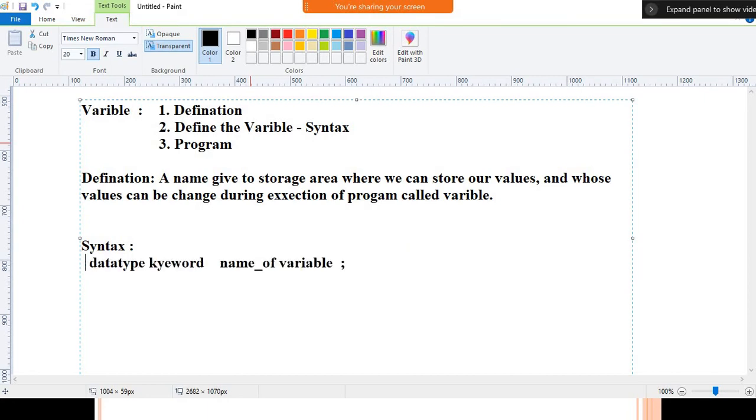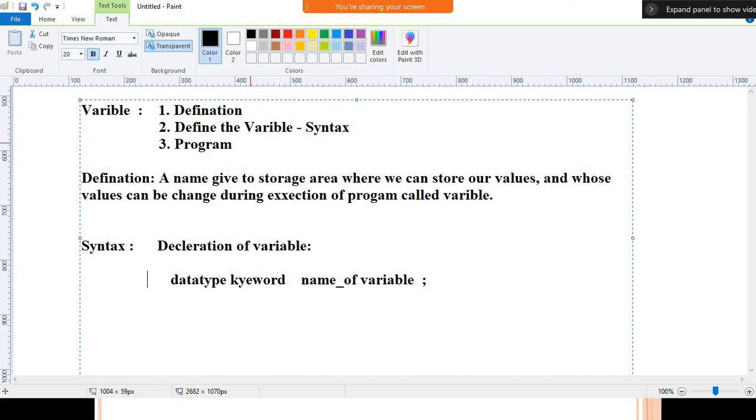Here, inside that I will write declaration. This is the syntax to define the variable. In that we require a data type. Now we need to discuss which data type we require. If you want to perform the addition, which data type do we require? We have the integer data type, the character data type, float, and double. So according to your convenience, you need to identify the data type for the value.